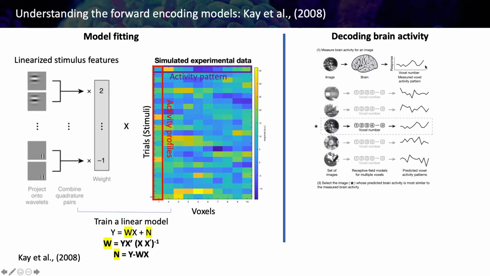So it's predicting the activity pretty well, and you can also use it to classify, because if you have to select which of these stimuli was presented, what you have to do is say which of these neural activity profiles is more similar to the activity profile produced by the image.